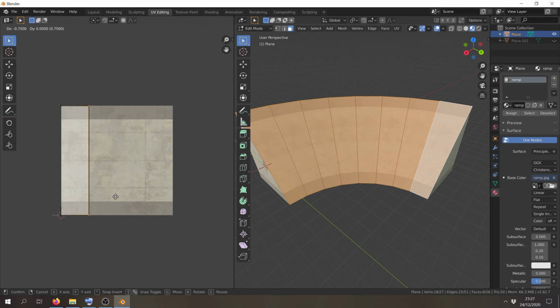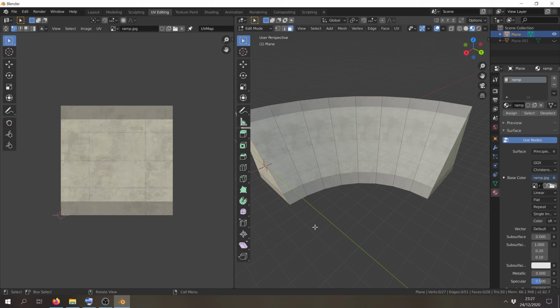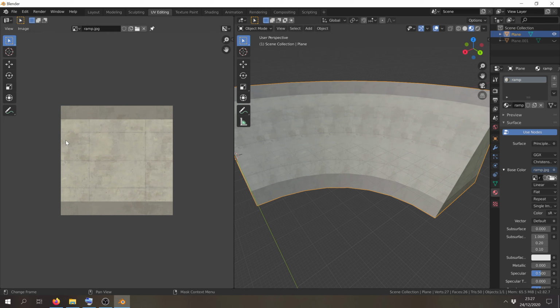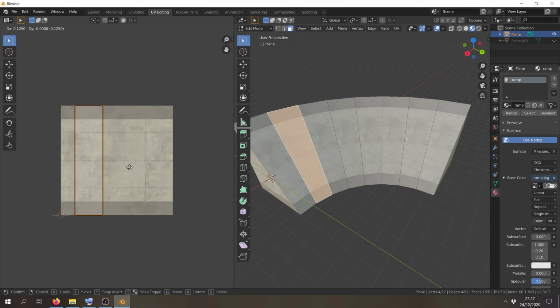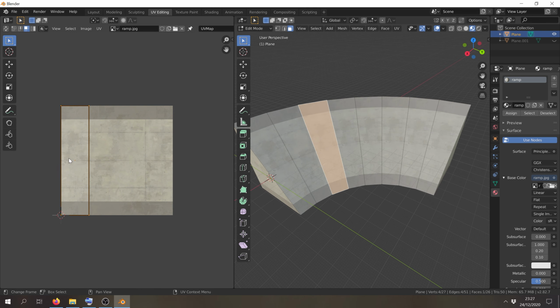As you can see, this changes the size of our UV, and it also changes the position. We're going to want to stick it over this side so that we can select this next one, go into face select and shift it over, and then select this one and move it over here, and then select this one and move it over here. So what this is doing